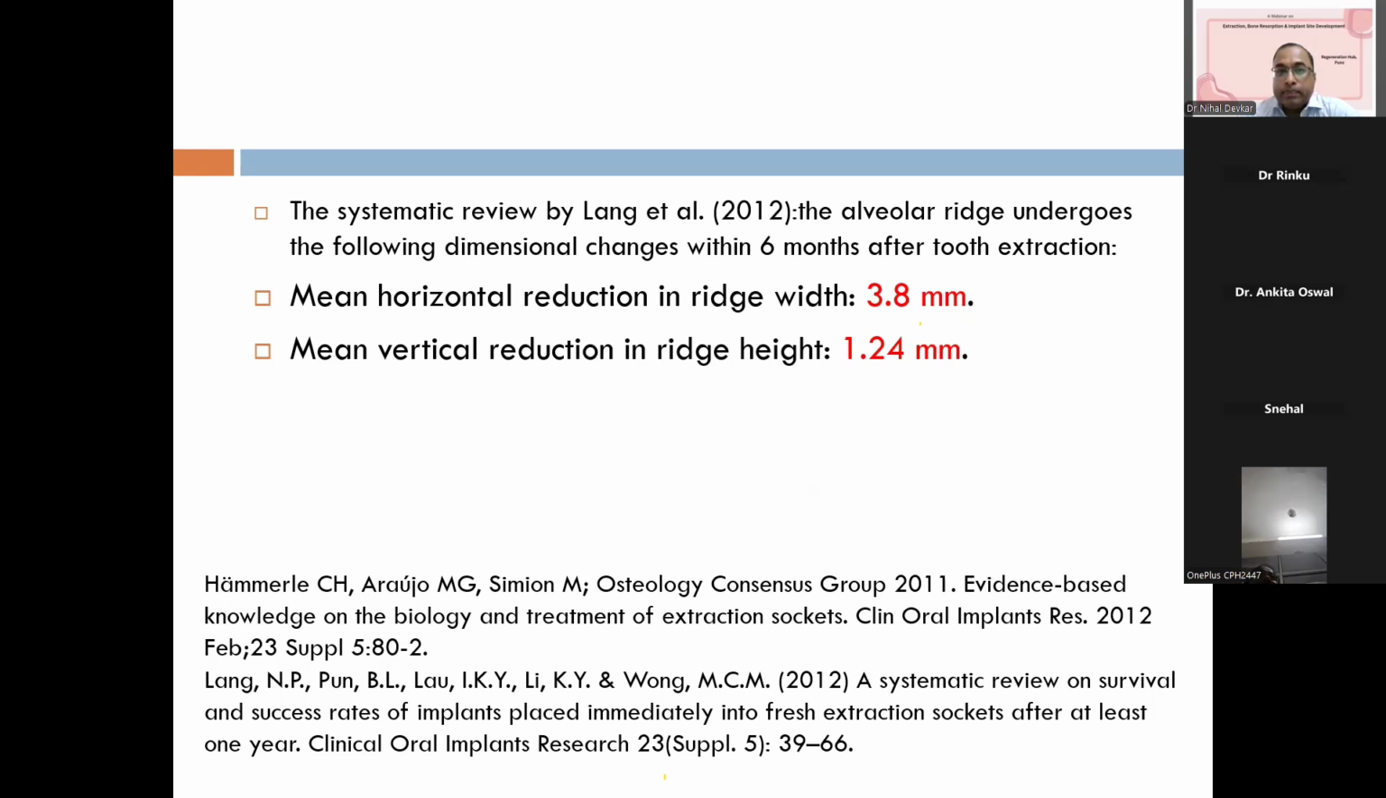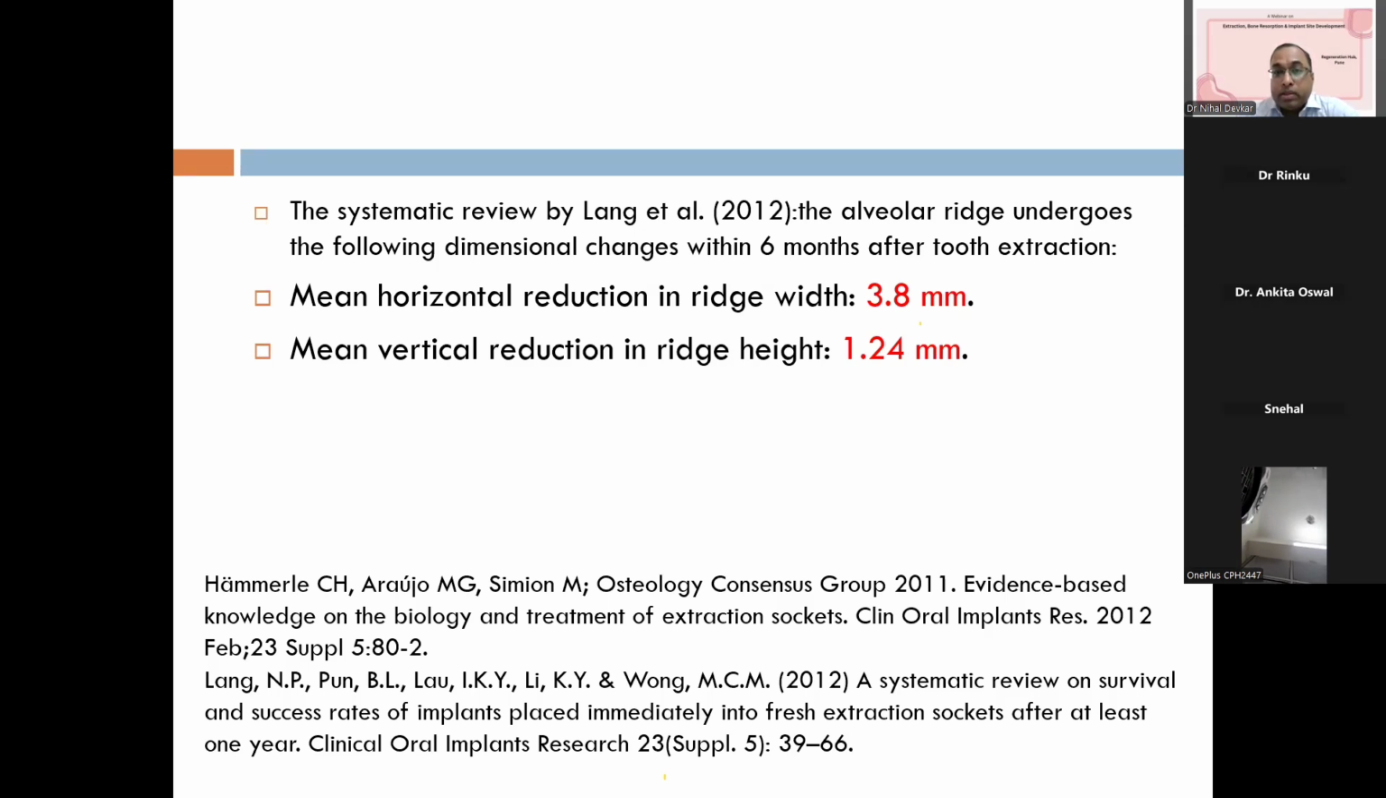Next, we have a study conducted by Hammerle and Lang, a systematic review by Lang. It shows that the alveolar ridge undergoes dimensional changes within 6 months after tooth extraction. The mean horizontal ridge reduction has been calculated to be somewhere around 3.8 millimeters. So if the ridge width, as it is in the Indian population, is not great, especially in maxillary anterior areas, we get somewhere around a maximum